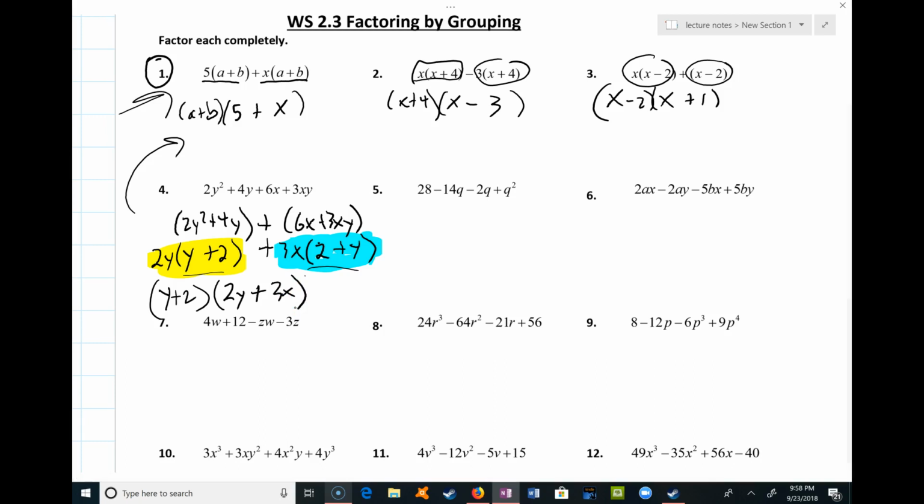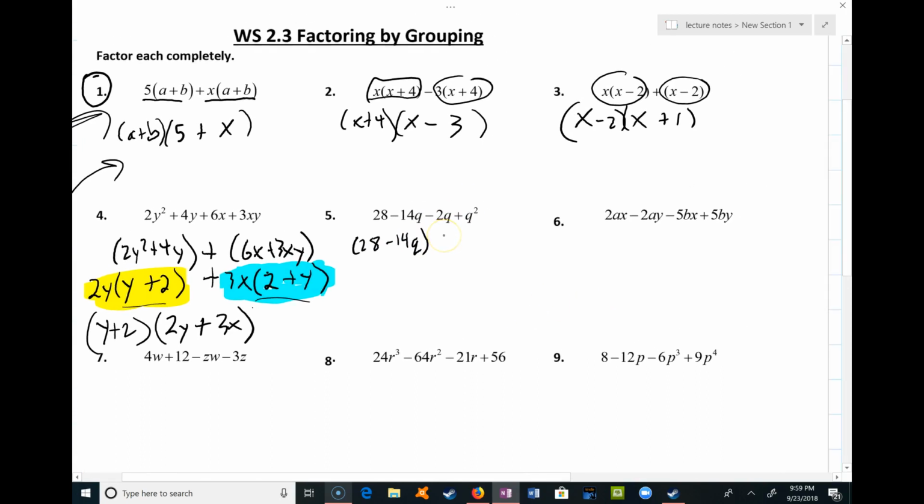So you get the idea of this. So in number 5, same idea. I'm looking at this. I'm going to group the first two together. So I'll just put a parenthesis around them. Well, actually, I better rewrite this because it's a little bit tricky because that minus, right? So I'm going to go 28 minus 14q. And then I'm going to go ahead and do